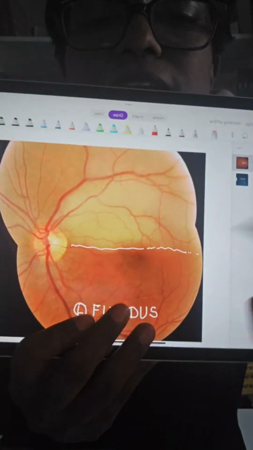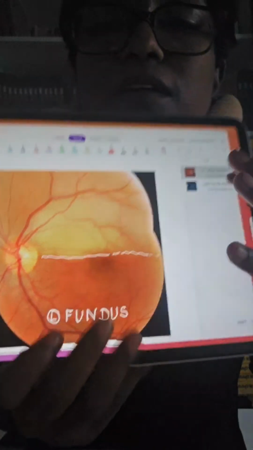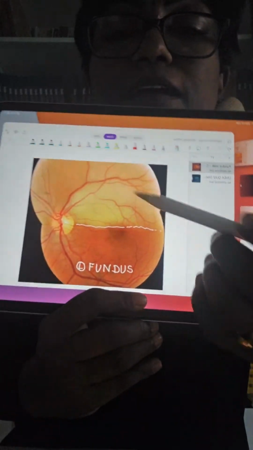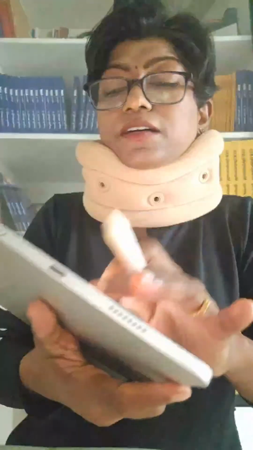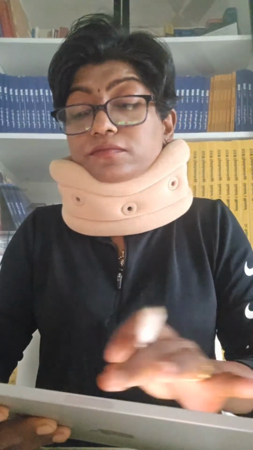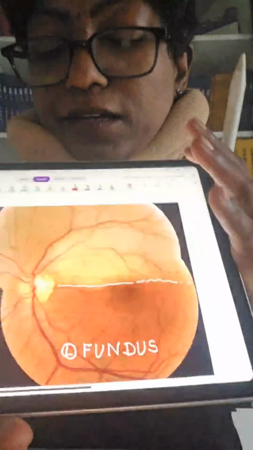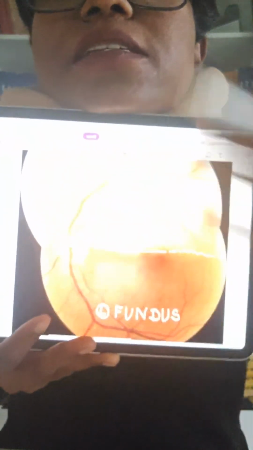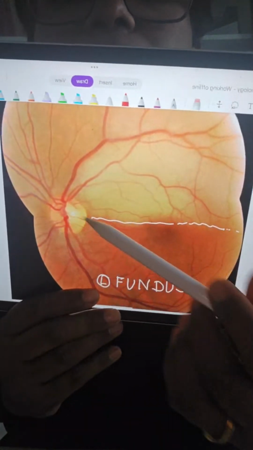So, can you see a clear difference in the color between the fundus below and above? Okay, so can you see the difference in the color, guys, what I'm trying to show you? Yes, so again left fundus, because my optic disc is here, it's nasal. Yes, and can you see the difference?